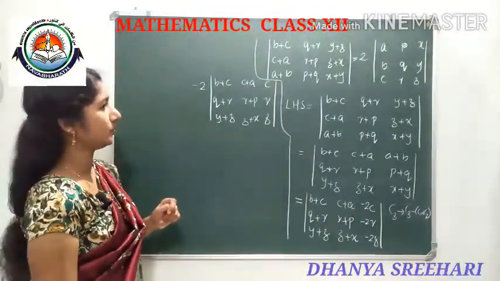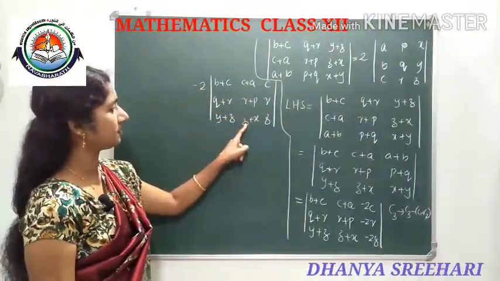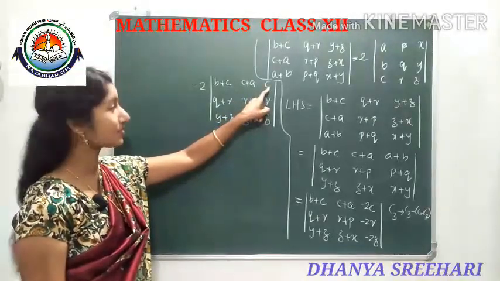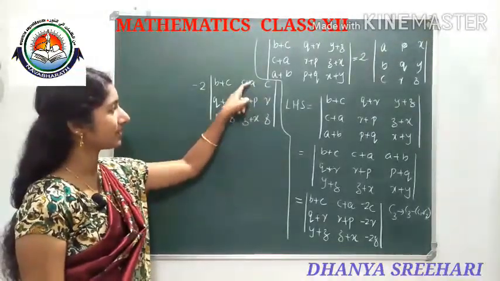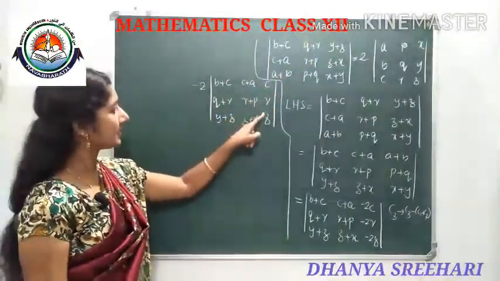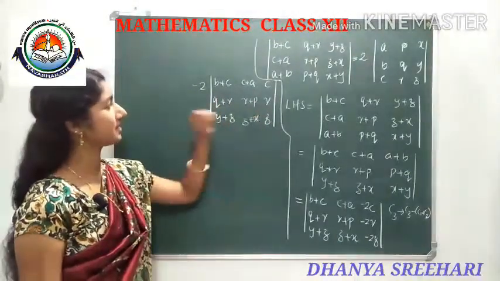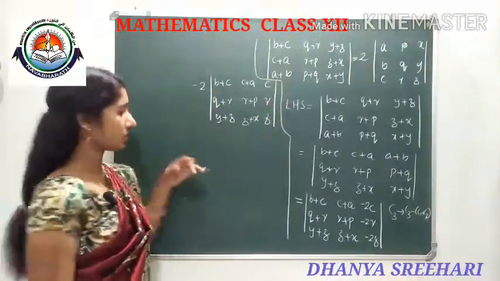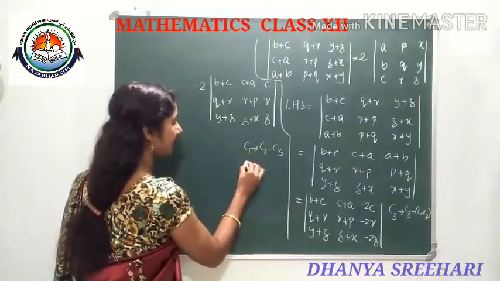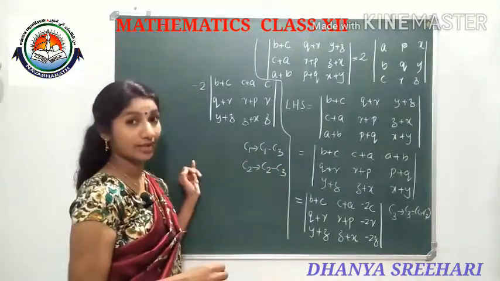What change we can do? C2 we need to change it as, c, r, z we need to remove. So what we can do? C2 minus C3 we can do. So c will cancel, from here r will cancel, so we will get a, p, x. Okay, see that one a, p, x, and C1 minus C3, means c, r, z we need to remove. So what are the steps we can do? C1 changes to C1 minus C3 and C2 changes to C2 minus C3. Like this two steps together we can do.